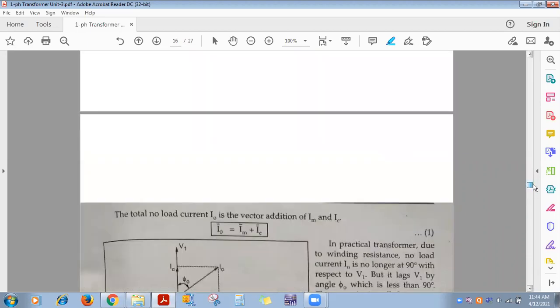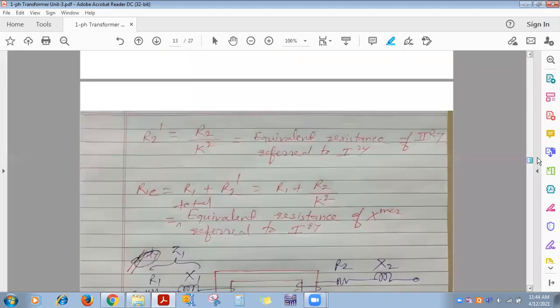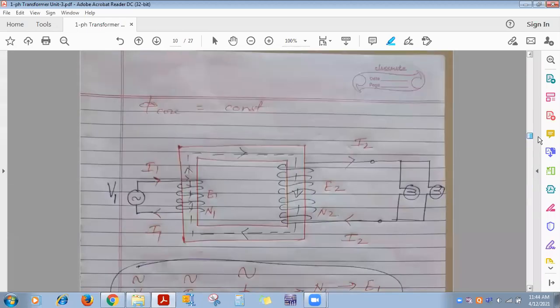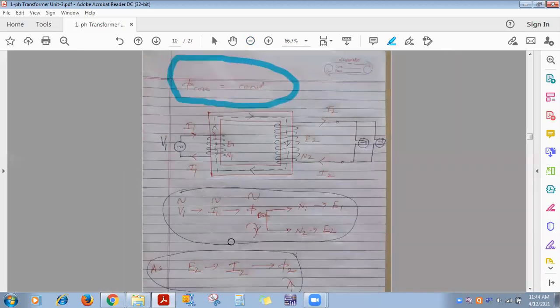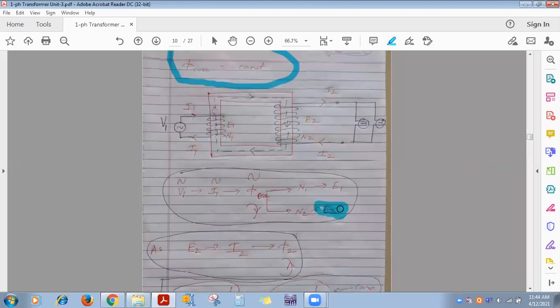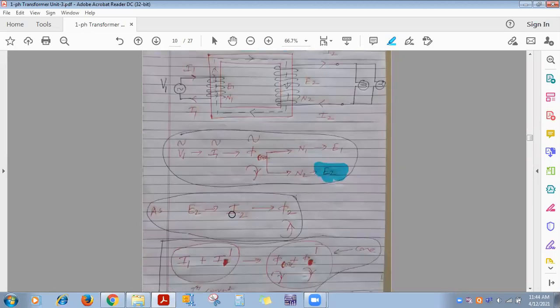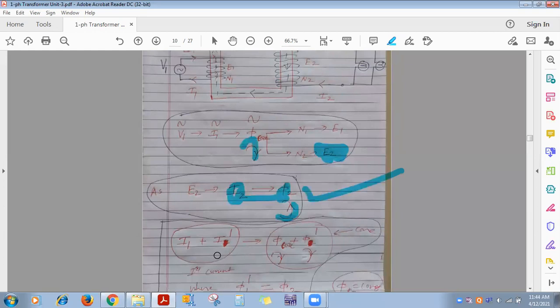Any difficulty with this? Again, we'll show you whatever we have seen about why flux remains constant. See this page, if you remember why flux remains constant in the transformer core. I told you up to this point, I2 is not flowing. The moment I2 starts to flow, it produces phi2 in the opposite direction to this flux. So the moment it starts to flow, what does the transformer do? It takes additional current. So in that equivalent circuit, this one is denoted as I0.